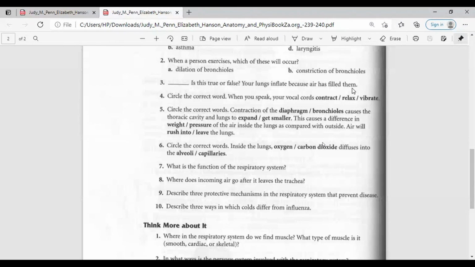Let me ask you the first question. You still remember the pulmonary vein, right? Pulmonary vein will carry the oxygenated blood to the capillaries. So capillaries will carry the oxygenated blood, right? Yes. So inside the lungs, oxygen diffuses into